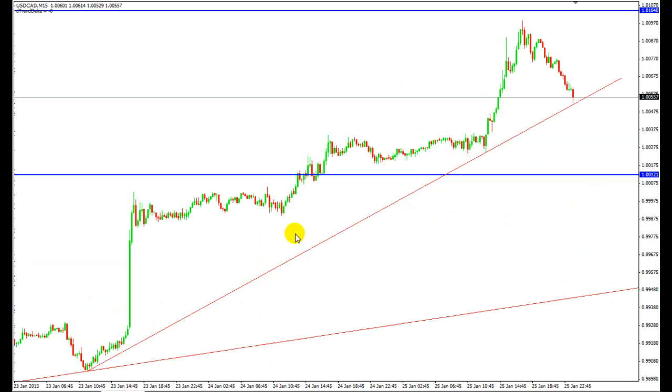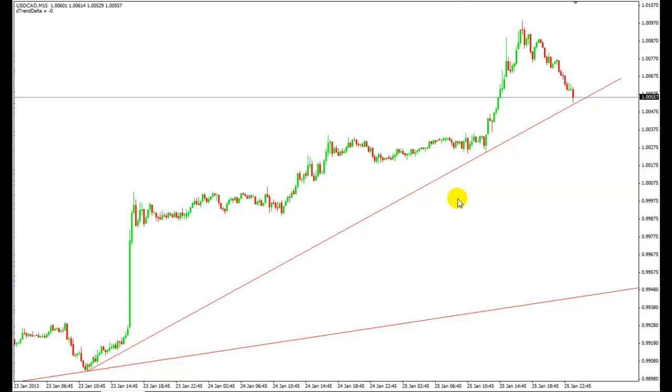And once again, if you really wanted to, move on to the 15-minute. Just let me get rid of these to prevent confusion. There's the inner trend line on the 15-minute. Look for this break. Look for a break. And look, if we break this area here, what we've got is a twin peak reversal potential